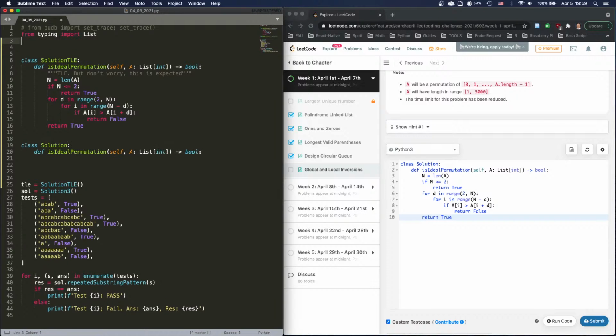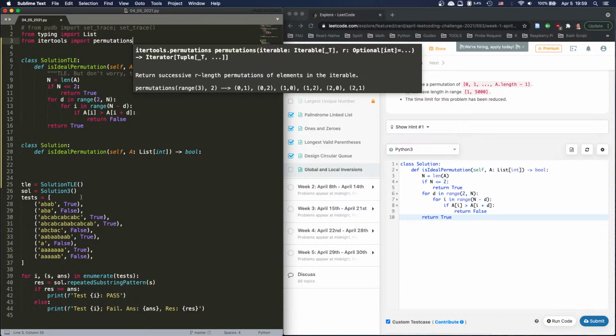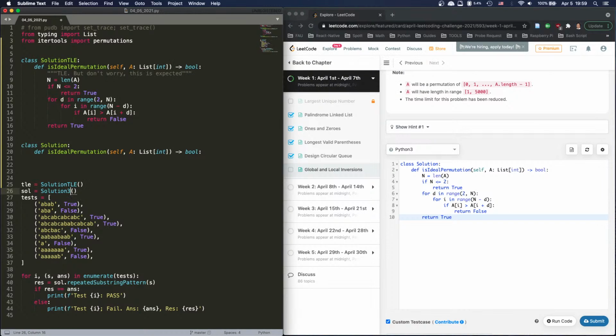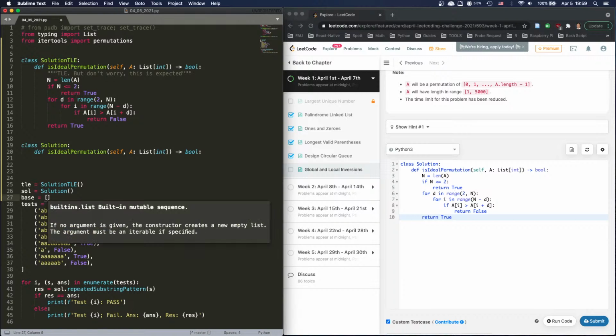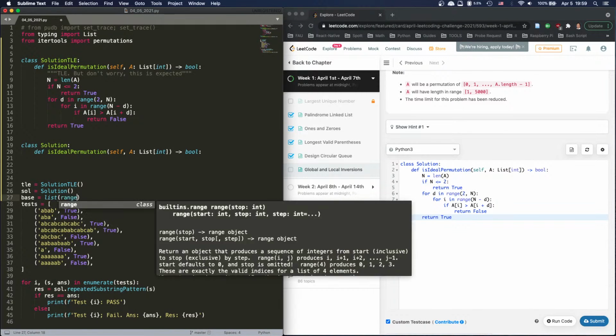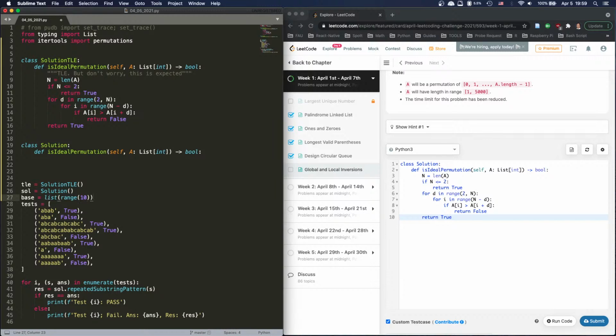And now we're gonna from itertools import permutations, right? And then we're gonna say the solution. I'm gonna say base equals, let's say list range. Let's do 5, and then tests will equal